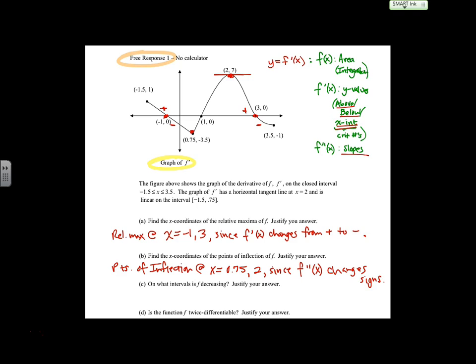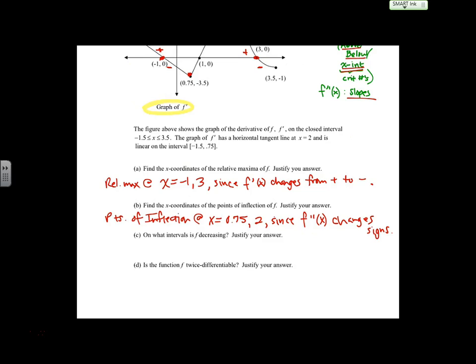F is decreasing when F prime is negative. So, when F prime is less than 0, you can say that, or when F prime is negative. If you want to, you can start with the forever card. You can say, since F prime is less than 0, on